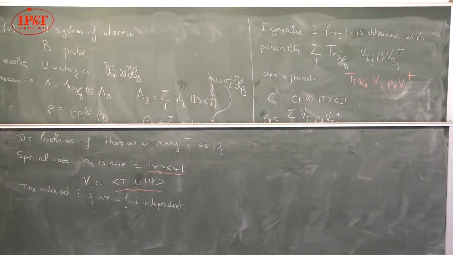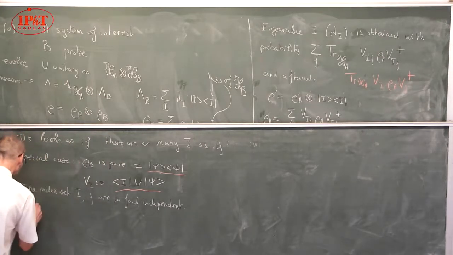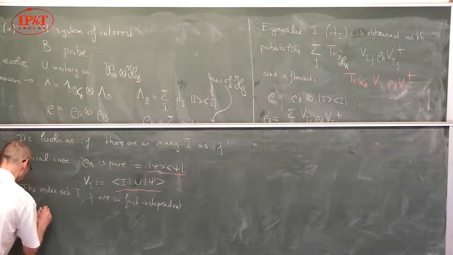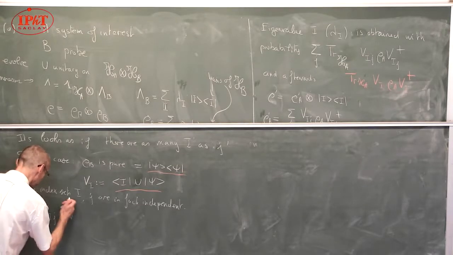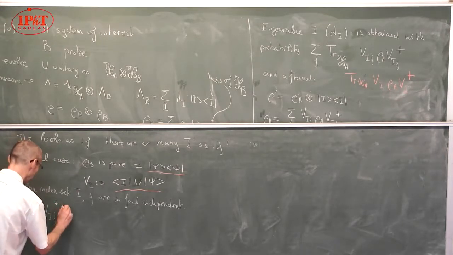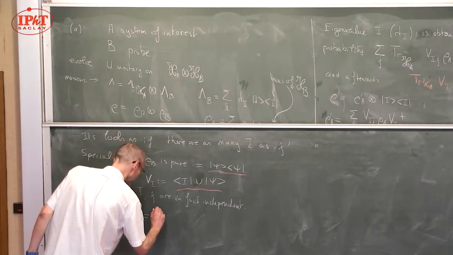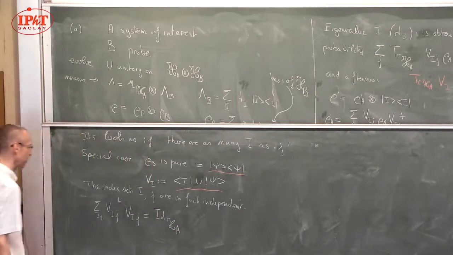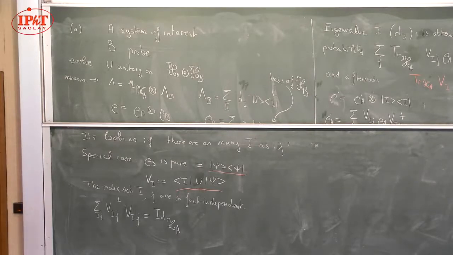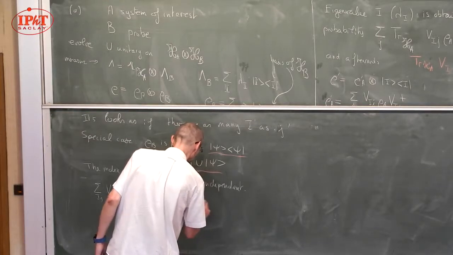And one of the important properties, anyway, whatever happens, is that if I do the sum over i, j of V_ij dagger V_ij, I always get the identity on the Hilbert space H_i. This is a constraint that we observe all the time. And this is in fact equivalent to conservation of the trace.